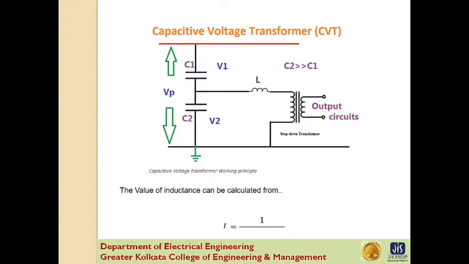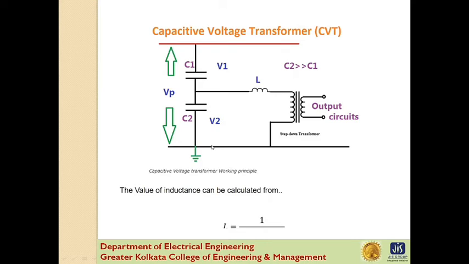The inductance compensates the voltage drop that occurs in the transformer because of the reduction of the current from the potential divider. But in actual practice, the compensation is not possible because of the induction losses. The capacitor or the potential divider is placed across the lines whose voltage is to be measured. Let C1 and C2 be the capacitors placed across the transmission lines. C1 is the capacitor near the transmission line and C2 is the capacitor near the ground wire.